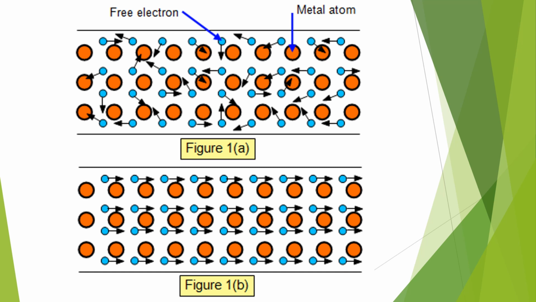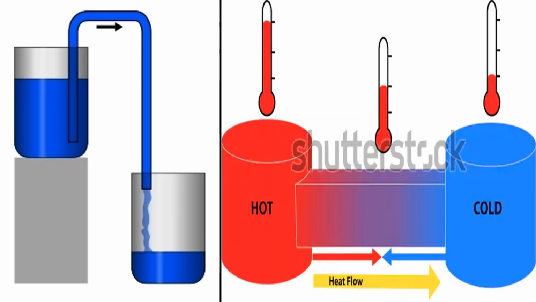Electricity can be generated with the help of the atoms present in the substances. When the electrons are made to move from one point to another, that actually generates electricity. We know that water flows from a higher level to a lower level. We also know that heat is transferred from an object which has higher temperature to an object that has lower temperature. So transfer normally is possible from a higher level to a lower level.